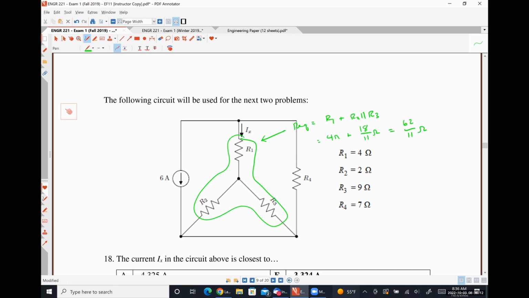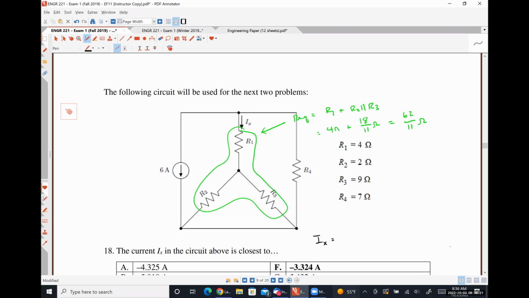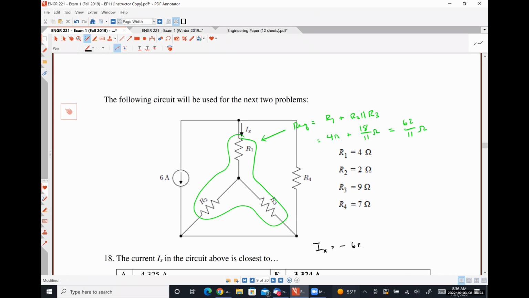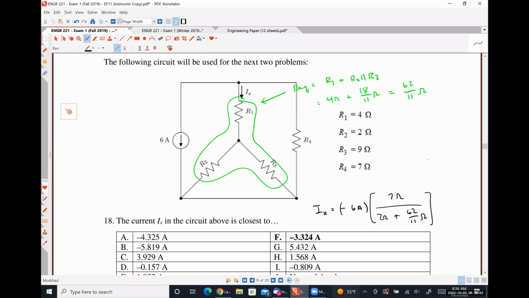So I probably have something to the effect of IX is equal to -6 amps times R4, which is 7 ohms, over 7 ohms plus 62 over 11, where again, the assumption here is that 62 over 11 is the equivalent resistance. How I taught you guys, this would look like